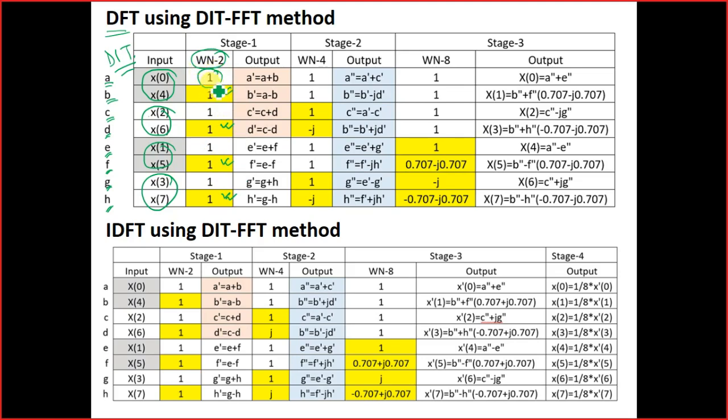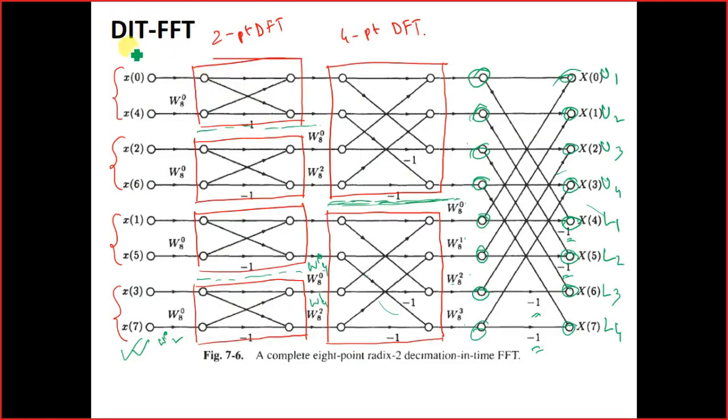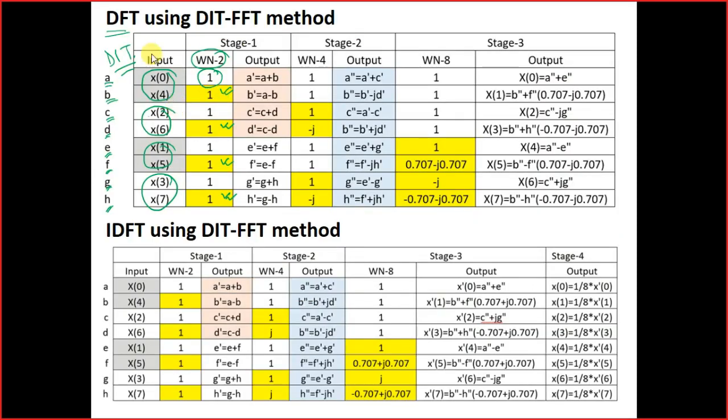So this one is 1, because if you go back over here, here you have nothing. Nothing means it is 1. You are having a multiplier of 1. However, in the next one, you are having W02, which is again 1. For the twiddle factors, I have put them in the yellow cells. Similarly, over here also, the upper cell is having 1, and the yellow cell will be having the twiddle factor value 1. Then x1 has the twiddle factor value 1, then again a normal 1.